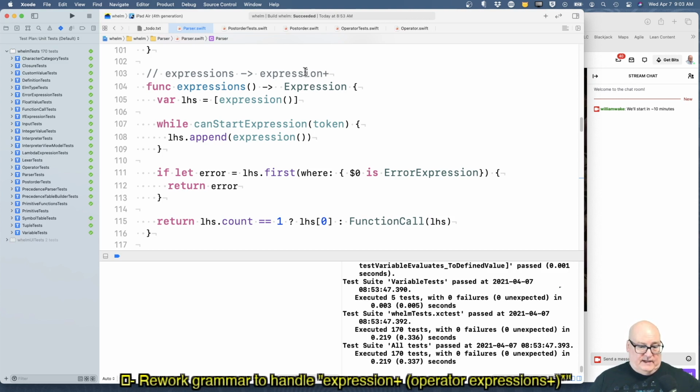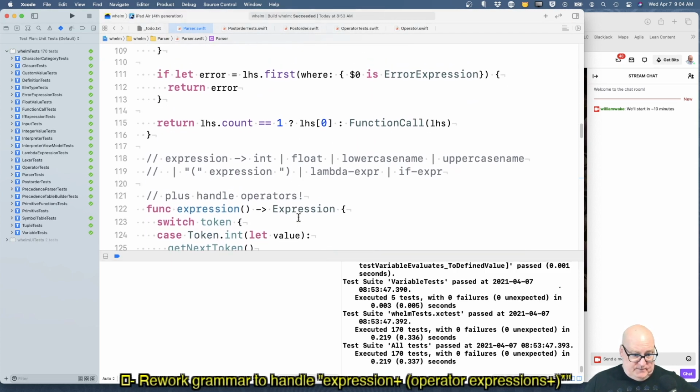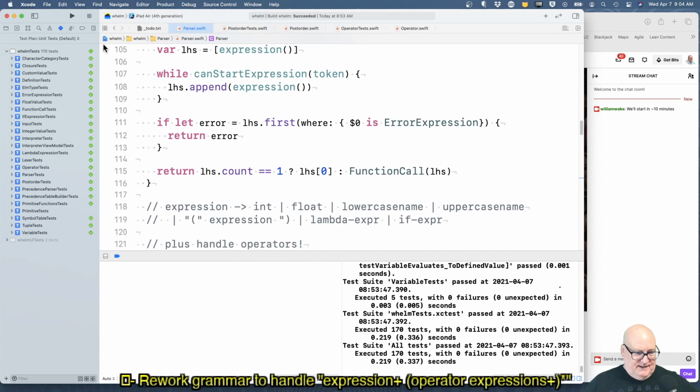Now, that's okay for things the way they are now, because more than one expression means it must have been a function call or it's about to be a definition. But we want something in the middle that allows that operator plus. So I'm assuming we're going to put a new rule in the middle here that allows for those operators. So let's write a test.